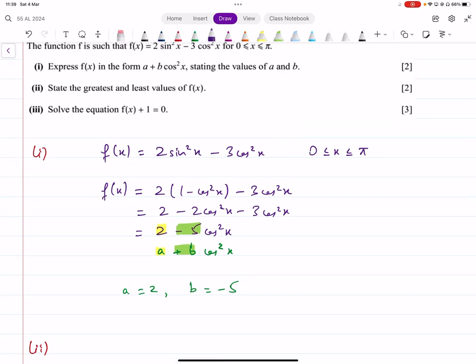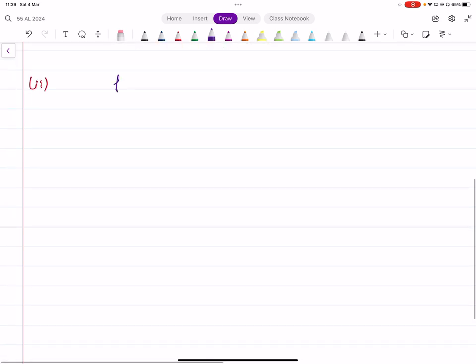ठीक है? Let's look at the next part now. Now it says state the greatest and least values of f of x. So again we're looking for the range of f of x. Range निकालनी है f of x की. How do you figure that out? What's f of x? F of x is